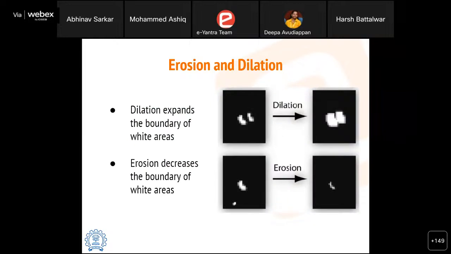As I told, external lighting causes disturbances in an image, so there might be some external noise which might appear as white pixels in the masked image as well. And for that we use some noise